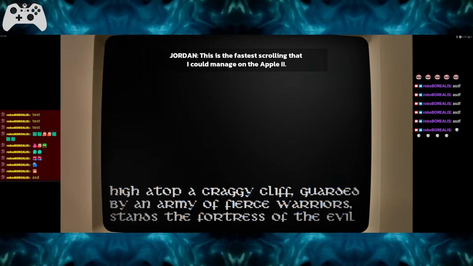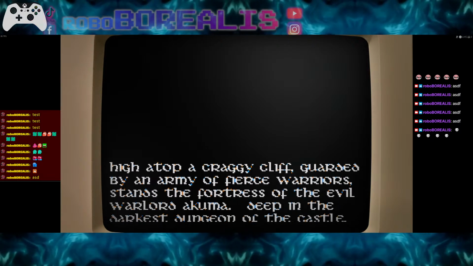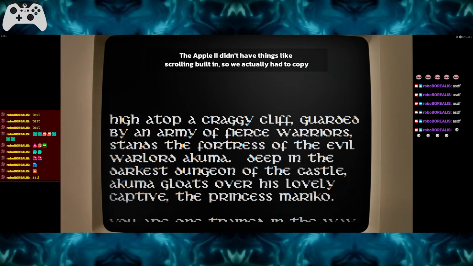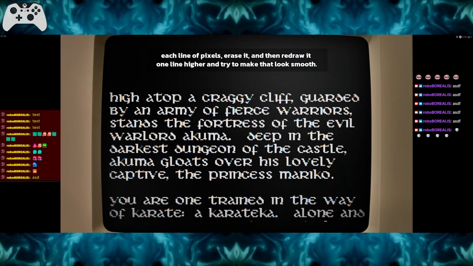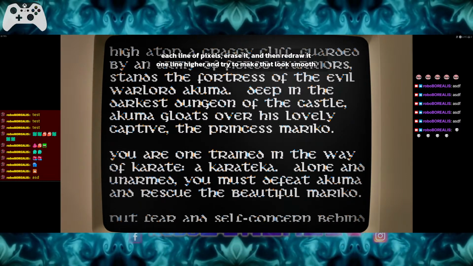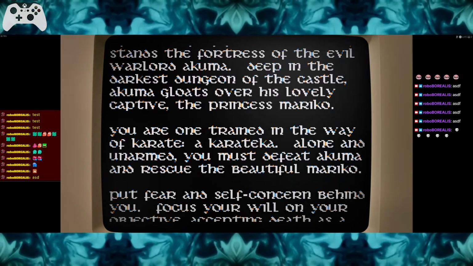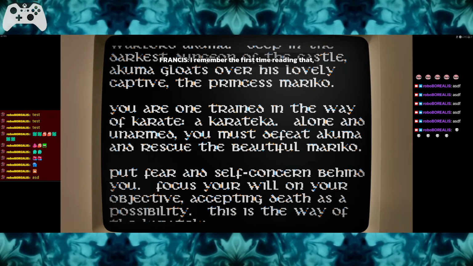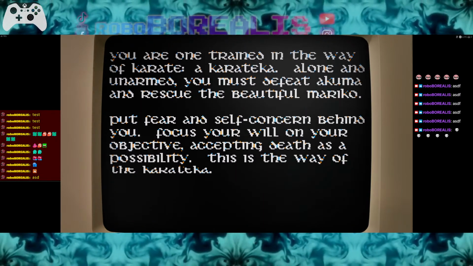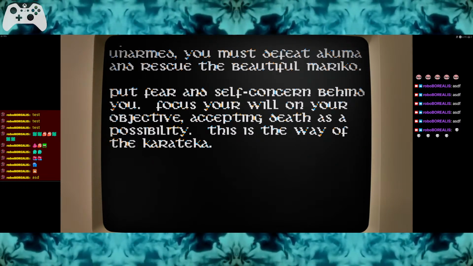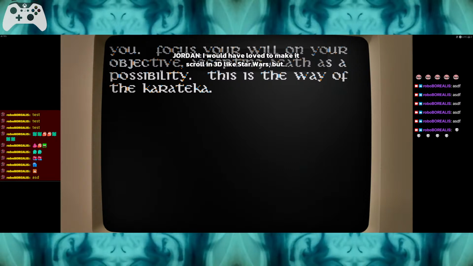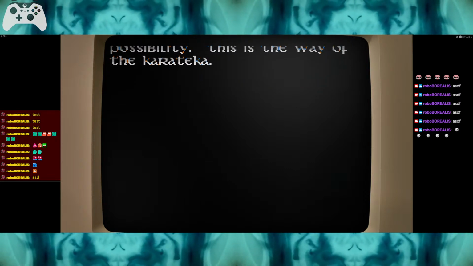Yeah, this is the fastest scrolling that I could manage on the Apple II. The Apple II didn't have things like scrolling built in, so we actually had to copy each line of pixels, erase it, and then redraw it one line higher and try to make that look smooth. I remember the first time reading that, I realized that this game was going to be a success. I would have loved to make it scroll in 3D like Star Wars, but